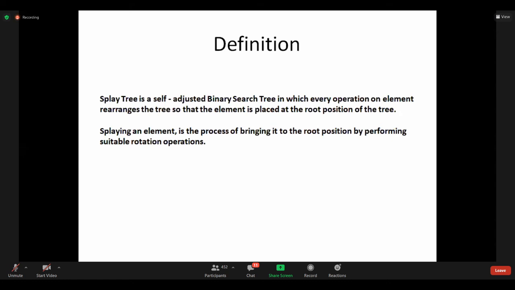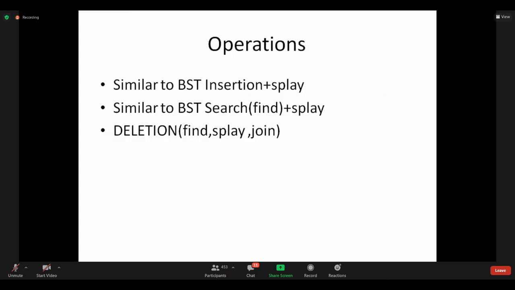The main intention of a splay tree is that the recently added item should become the root node. Every newly added item should become the root node. We cannot make it the root directly, so we have to perform certain rotations, and then that new node will become our root node.